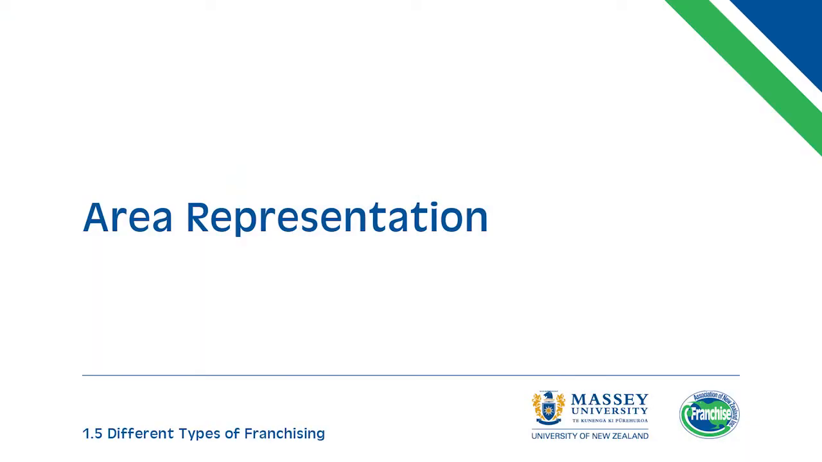Area representation. Less common than sub-franchising in New Zealand is area representation. Like sub-franchising, area representation has 2 levels of franchisees. The main difference is that the master franchisees, called area representatives, do less than sub-franchisors. Specifically, the franchisor will maintain an important role in recruiting and providing ongoing support to franchisees within an individual area